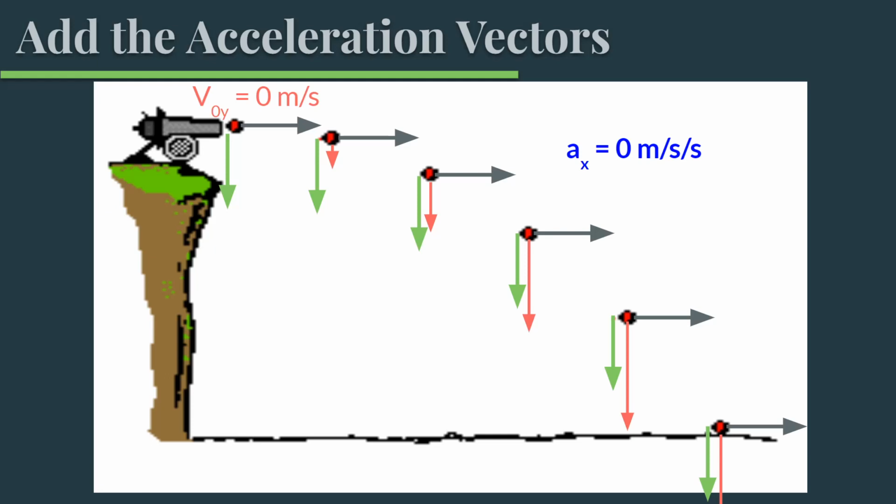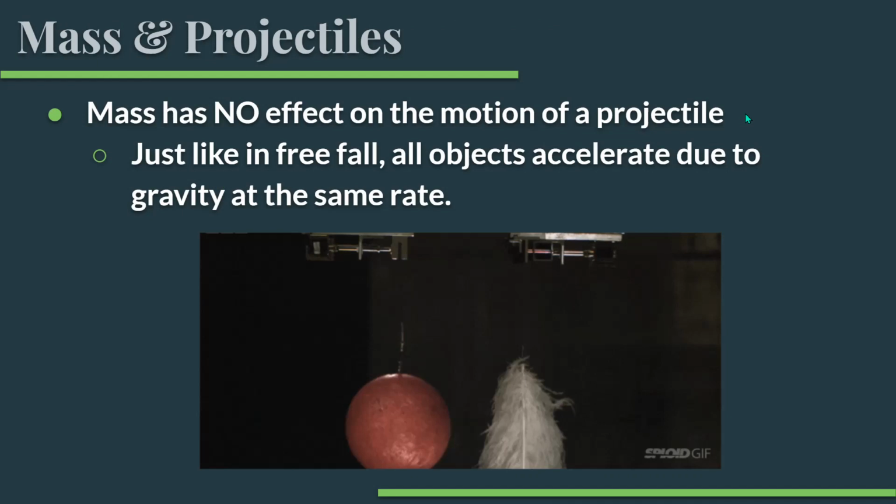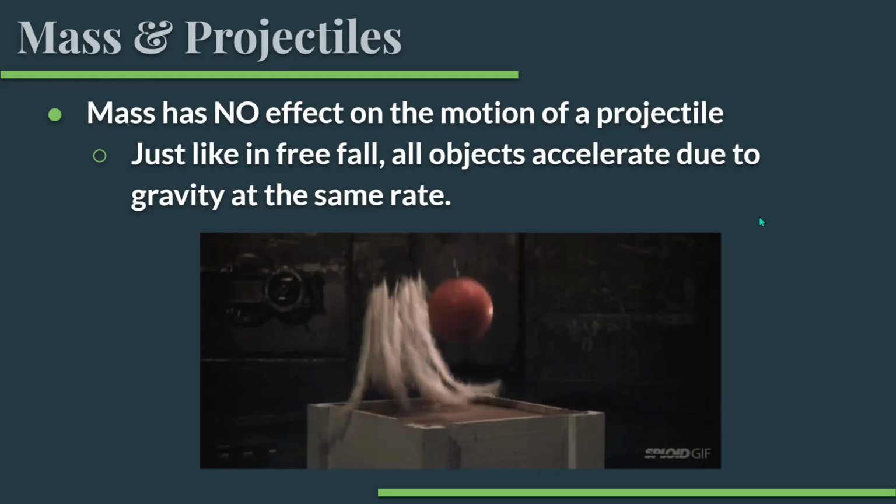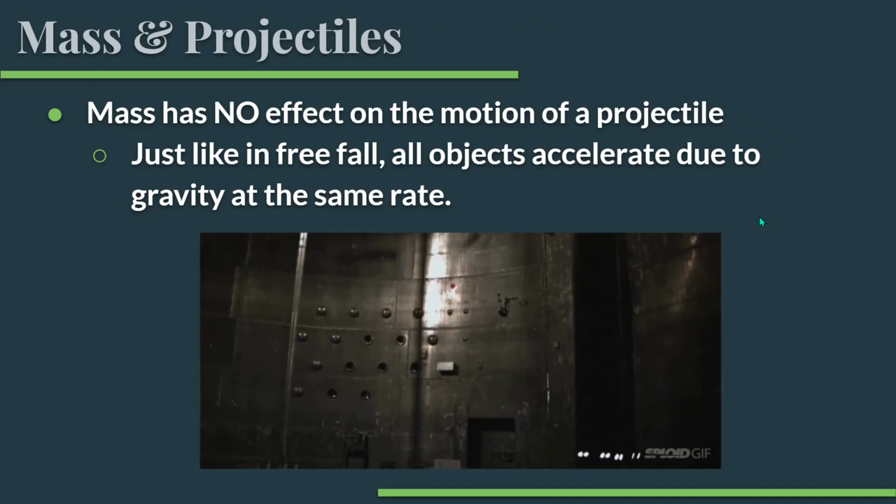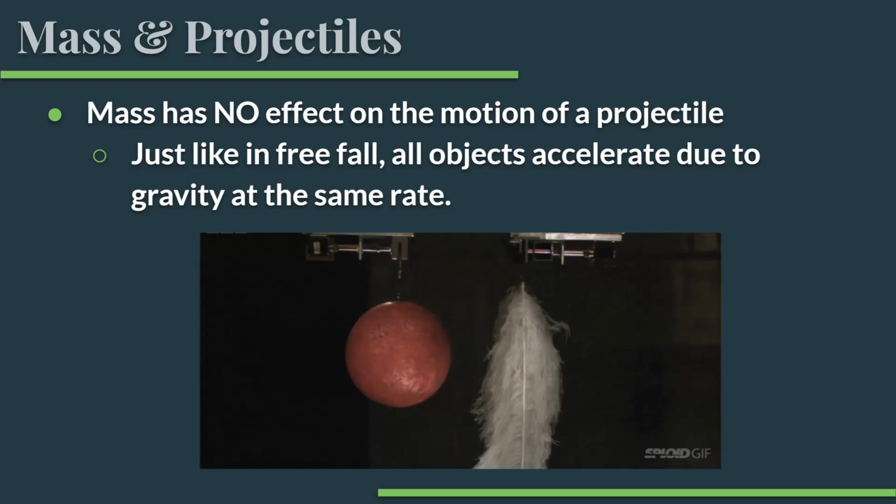You can use different colors or label them or something to make sure you know that this one's acceleration, this other one, this pink one, is velocity. So again, be able to represent those, or maybe look at a question on a test and pick the right image that's already labeled. When we talk about projectiles, mass has no effect on the motion of a projectile,